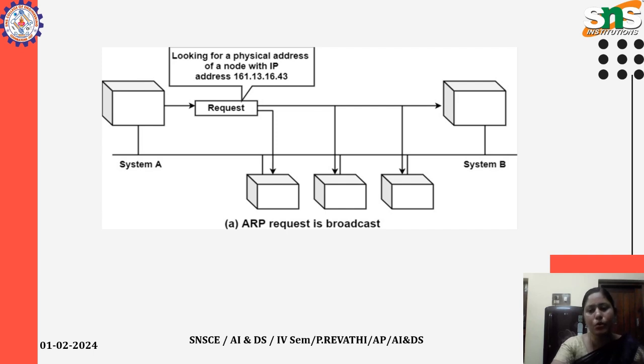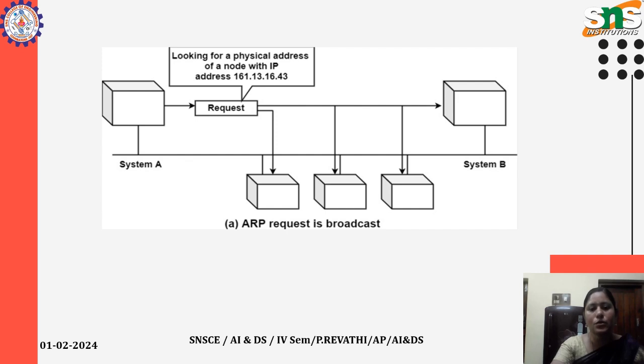How does the ARP protocol work? When a sender wants to communicate with the receiver, the sender first checks its ARP cache. Sender checks whether the receiver's MAC address is already present in the ARP cache or not. If the receiver's MAC address is already present in the ARP cache, the sender will communicate with the receiver using the MAC address. If the MAC address of the receiver device is not already present in the ARP cache, then